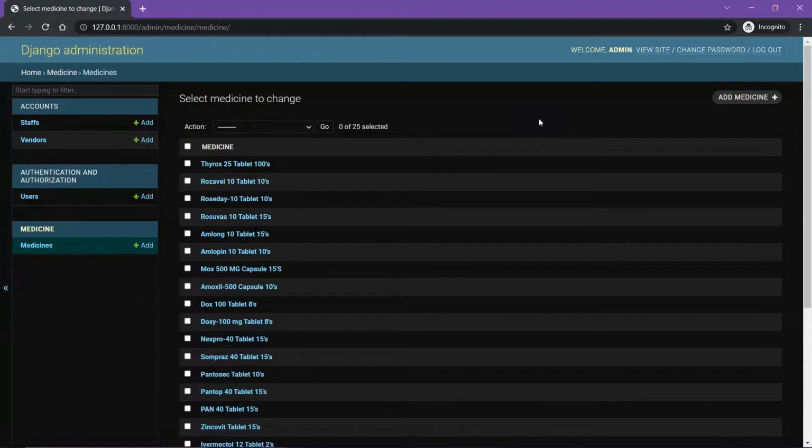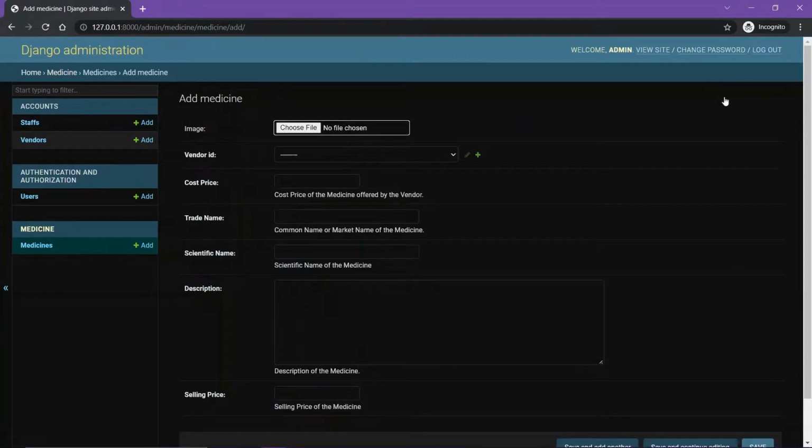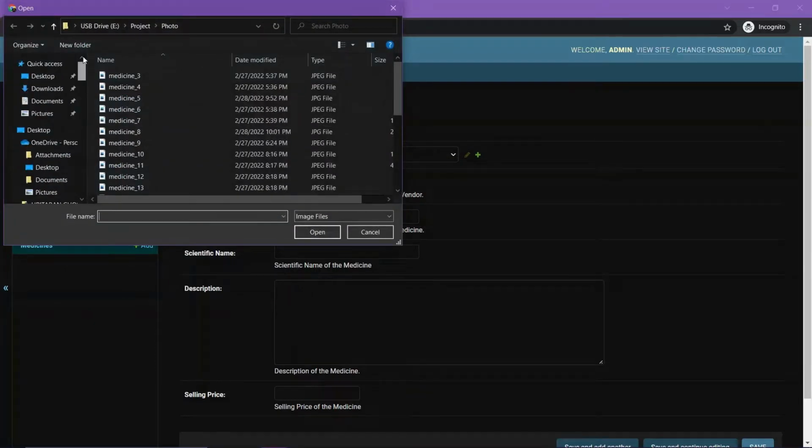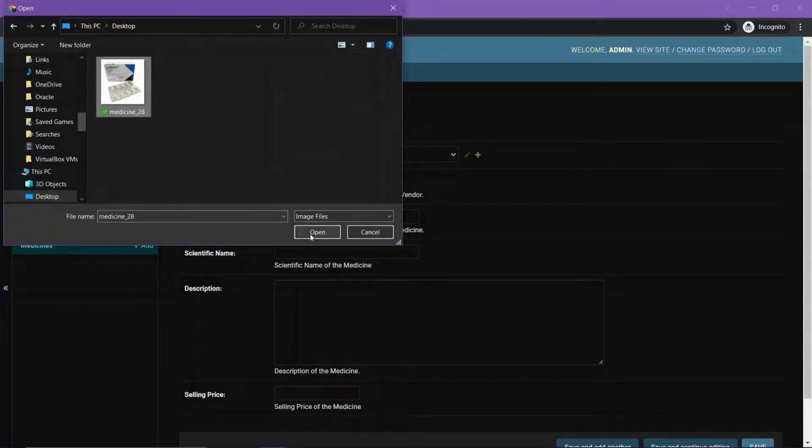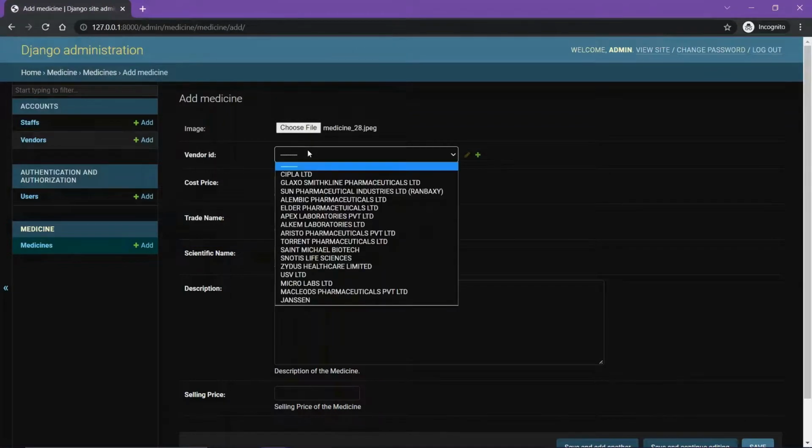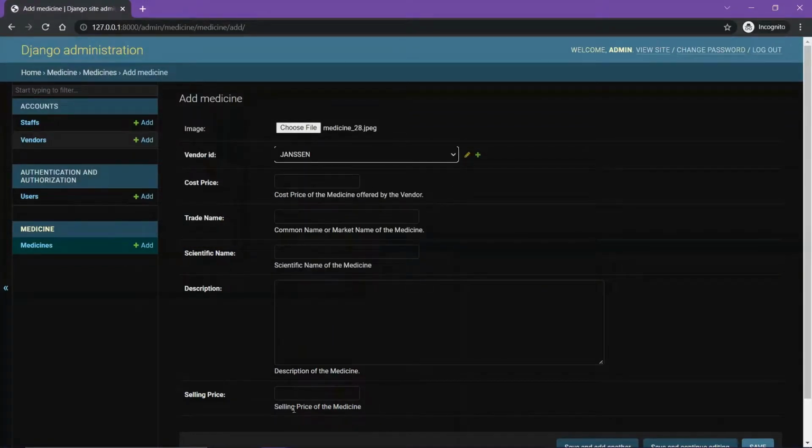To add a new medicine, click on Add Medicine. Here you'll be able to see the form for adding a medicine. We can see that we have to upload an image file here, but the file upload is optional. But let's upload a file. So choose File, and I'll be choosing this image for the Ultraset medicine. Ultraset is supplied by Johnson, who we have just created as a vendor, and we'll be entering the rest of